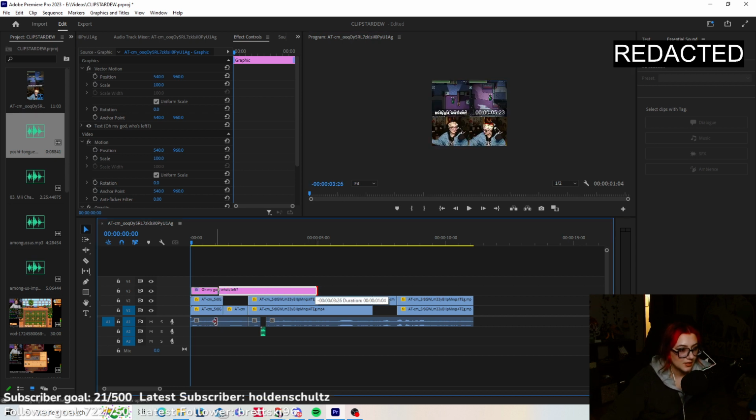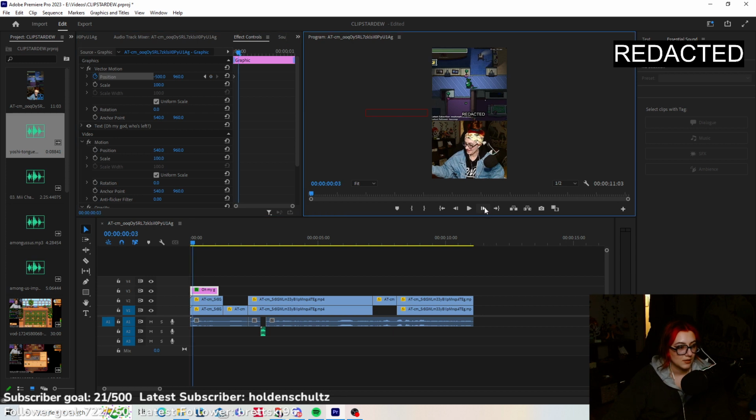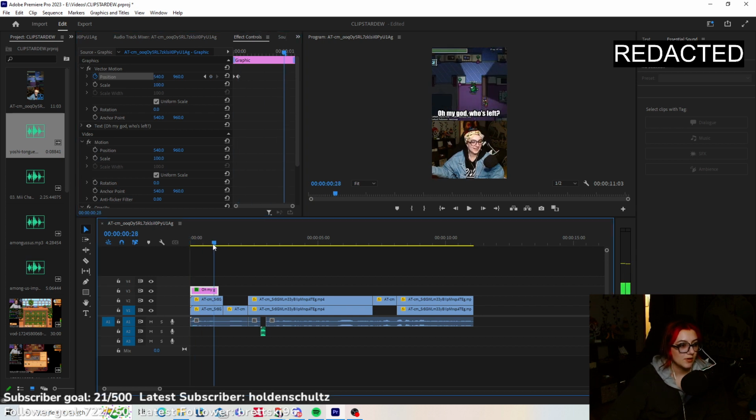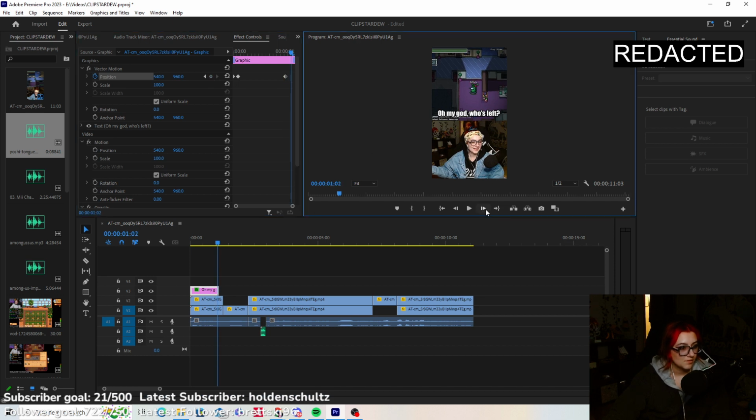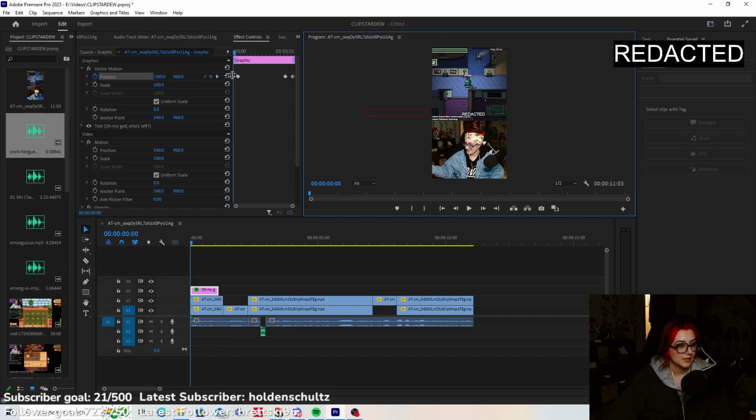And right here, because you can see the audio file down here, we are going to hit the toggle animation button. At the beginning of the sequence, we want it off screen, so negative 500 at that point. That is a keyframe. We're going to go ahead a couple frames. We want it centered. So we're going to do 540, which is centered. That adds another keyframe. We want to go to almost the end. Hit a keyframe, so from here to here, it stays in the same spot. Move to the end of the clip, do 2000, so it is off screen.